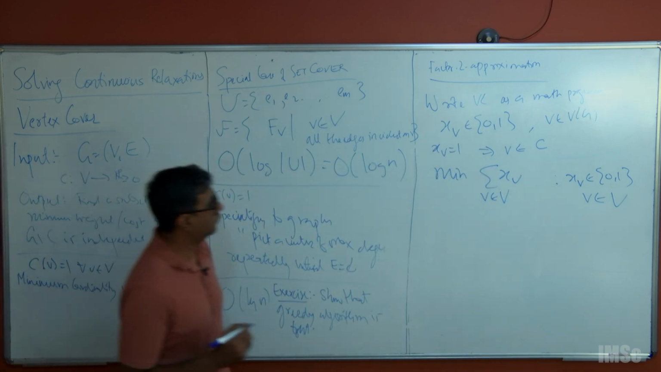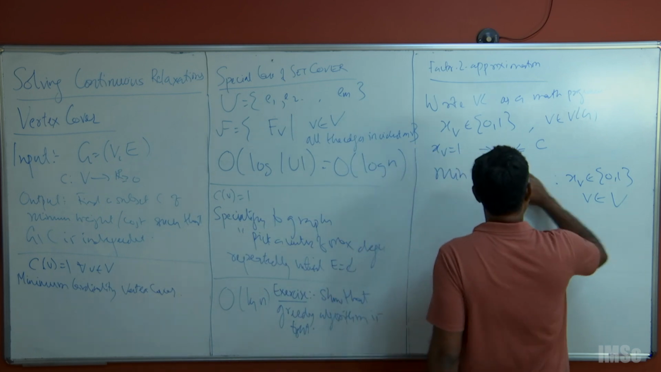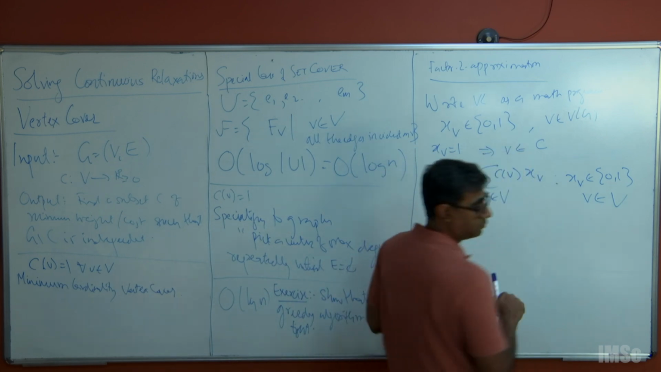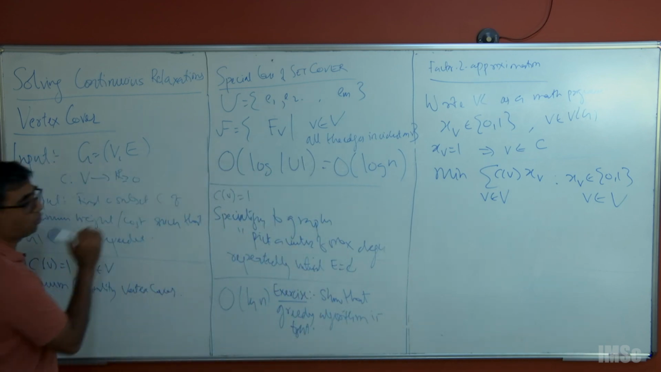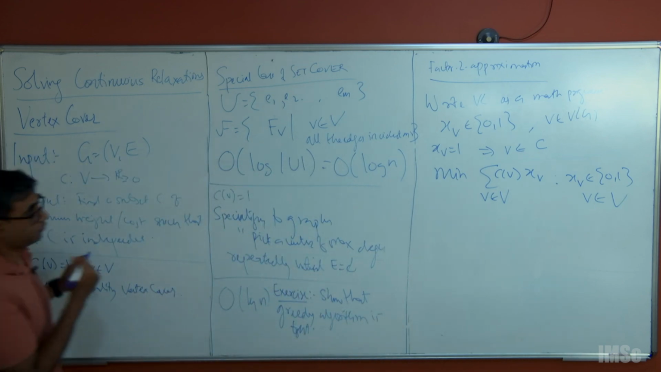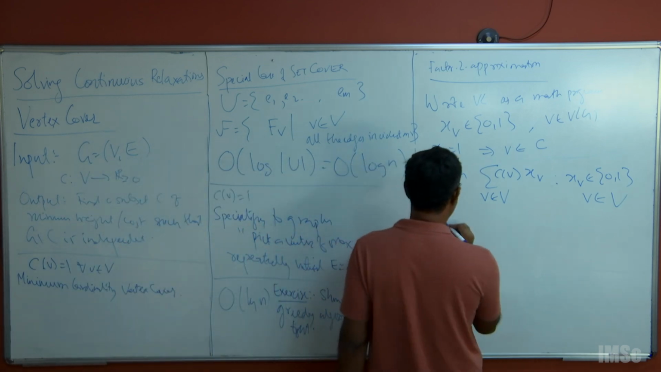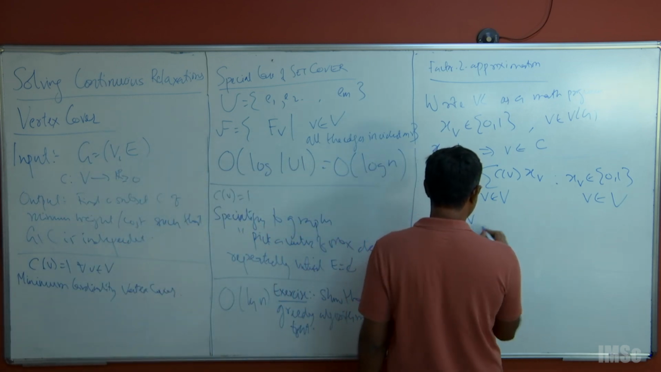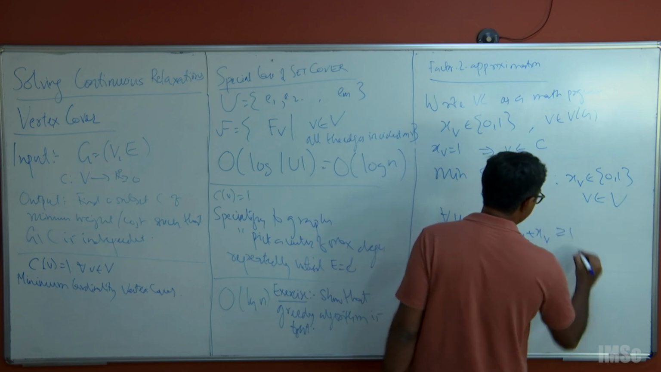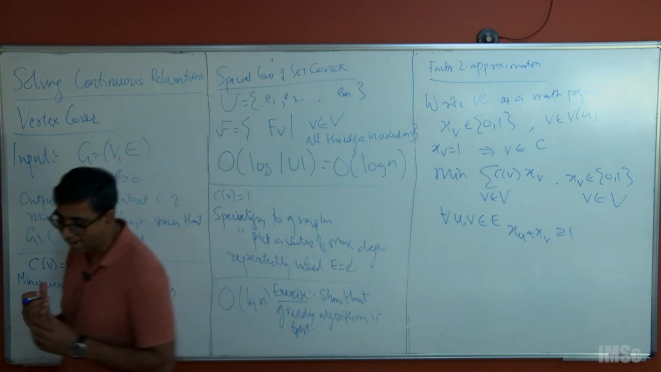Okay. So actually I should have written cv times xv, because every vertex has some cost associated, right? So we should do that. So what is the constraint? For all u comma v in E, xu plus xv is greater than or equal to 1. So the moment I add this constraint,